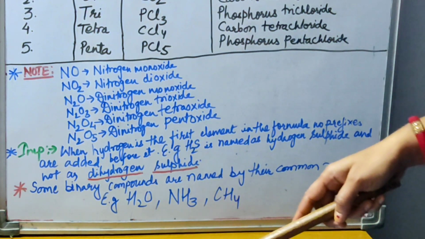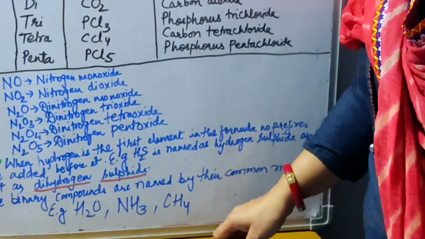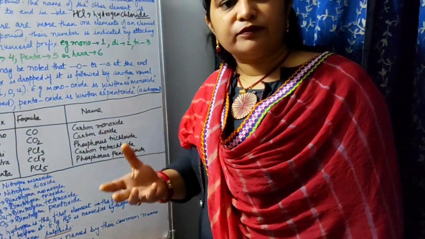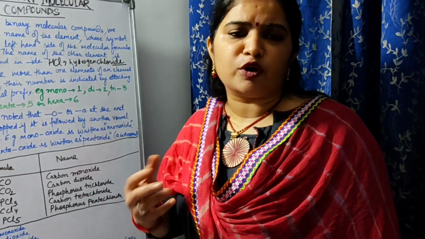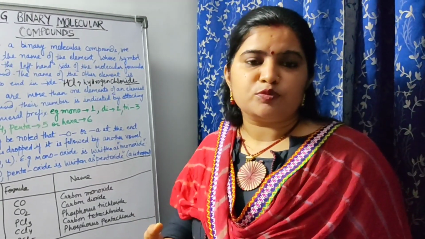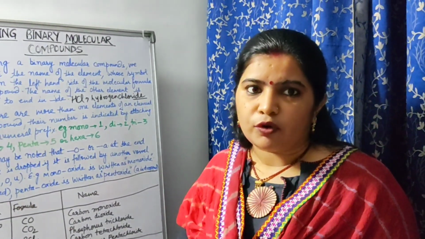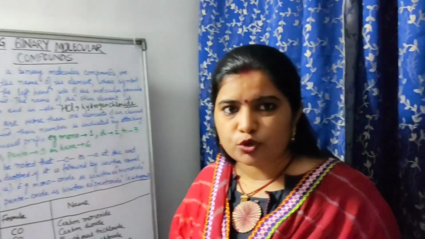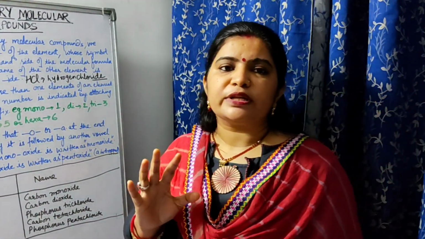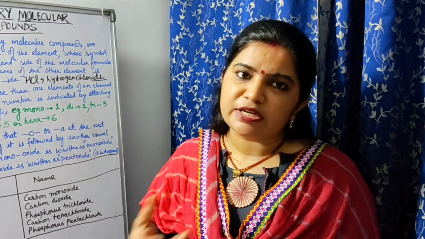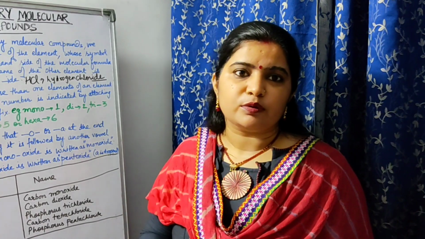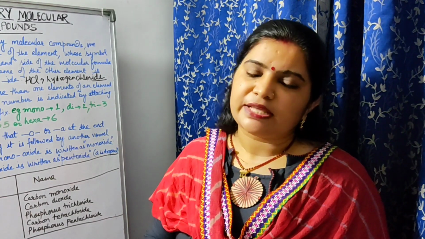Sometimes children get confused while writing the names, although they have read about different formulas and different rules for writing names. When they are in deep thought or going through studies, they get confused, asking, ma'am, how to write it as a chemical name. So don't get confused. Some compounds are just named by their common names. I hope you have enjoyed my video and understood all the concepts. Thanks for watching.